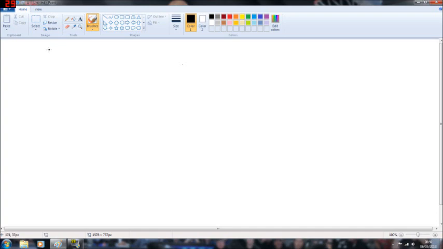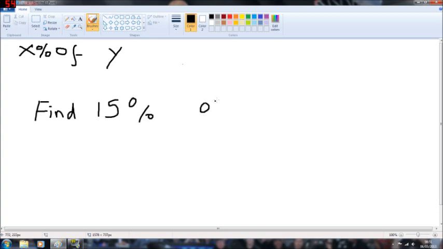Type 1 usually says in the exam question, find X% of Y. So I'll just write that down, X% of Y. And here's a typical question. If it says find 15% of 46 pounds, it's actually very easy. What you do is